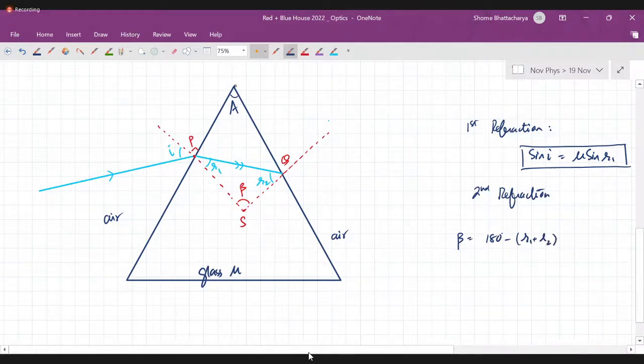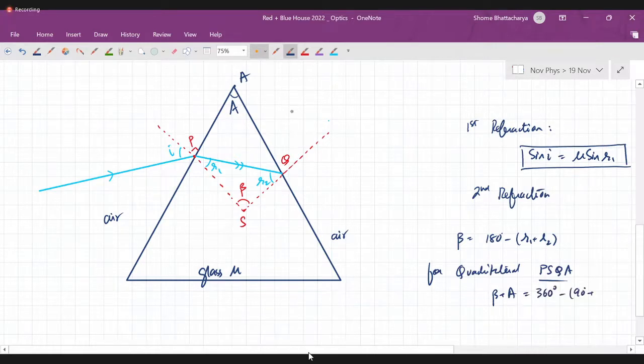And if this point here is A, we can also see for quadrilateral PSQA, beta plus A will become 360 degrees minus 90 plus 90, because these other two angles are 90. This is a normal, so this angle is 90. This is a normal, so this angle is 90. Okay. So that gives us an important relationship here, that beta is 180 minus